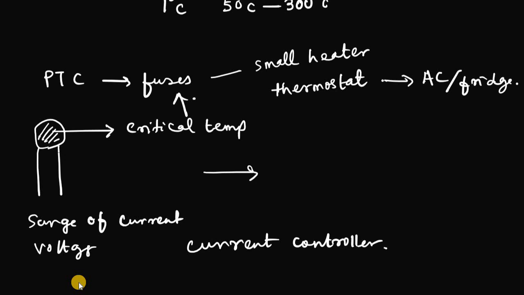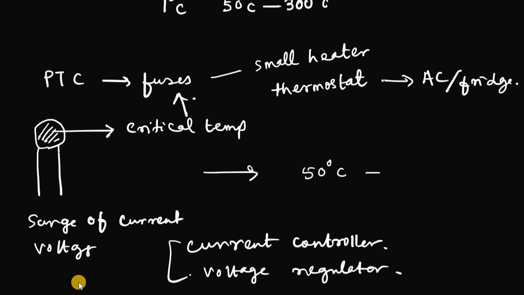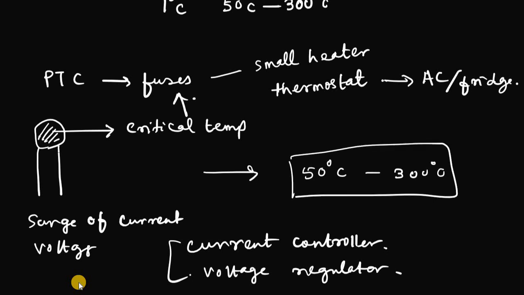In some cases, it will also act as a voltage regulator, depending on how it is being used in the circuit. So basically, a thermistor is a temperature controlling device, or we can say it is a thermal sensor wisely used in a circuit, so that we will know whether there is any kind of temperature surge or not. There is a range given of 50 degrees to 300 degrees Celsius. It has a very stable range of temperature, so we can use it in different ways.